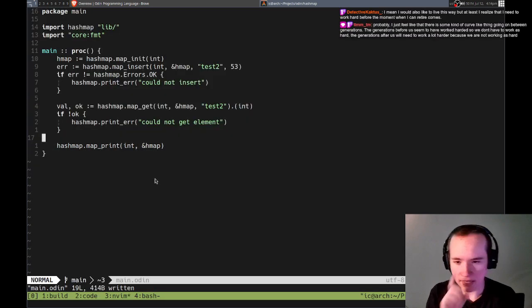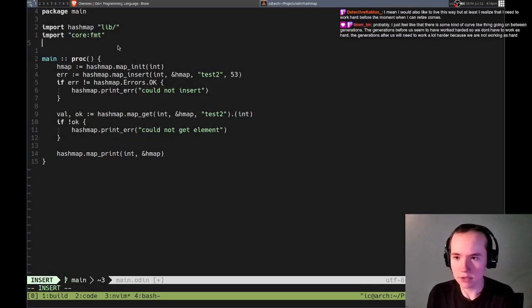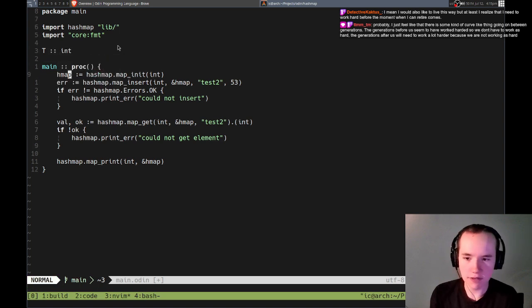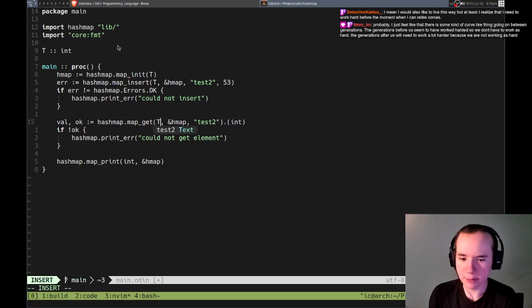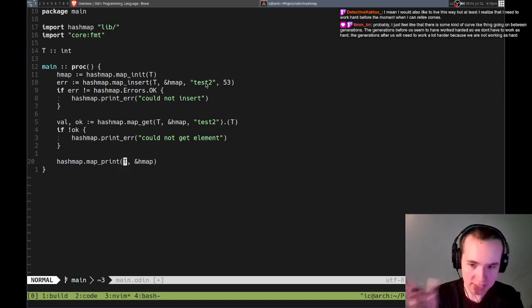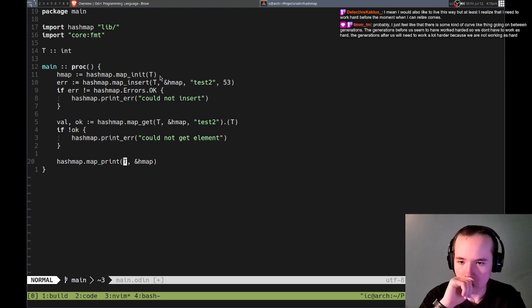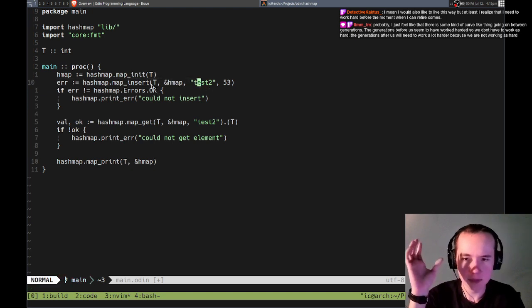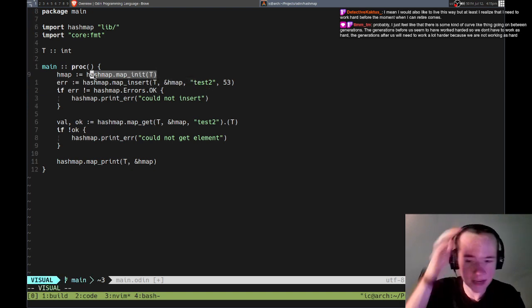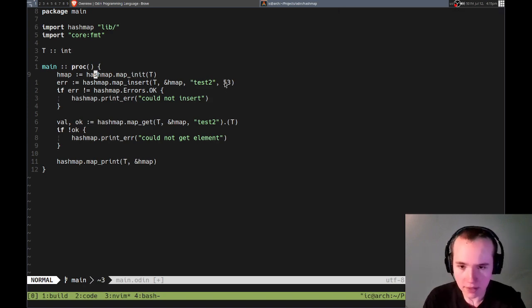So we still have to pass the type, but we should be able to use pretty much any one of them. So if we do t to just define the type here, and then replace int with t, right? Then I should be able to change it to any type that I want, pretty much. So then it's a little bit better, right? Because then we need to get it stored in the hash map so that we don't have to pass it each time, because that'd be nice. Because you just pass it here, and then it knows that's the type of the whole map. For now,